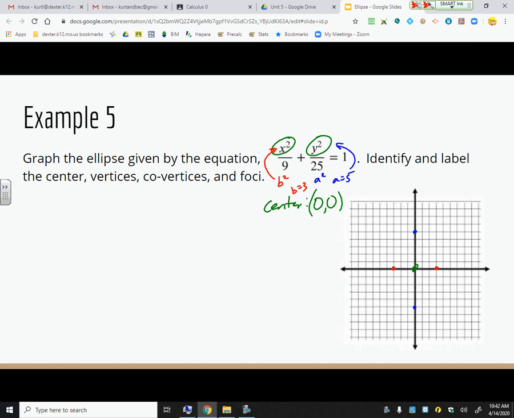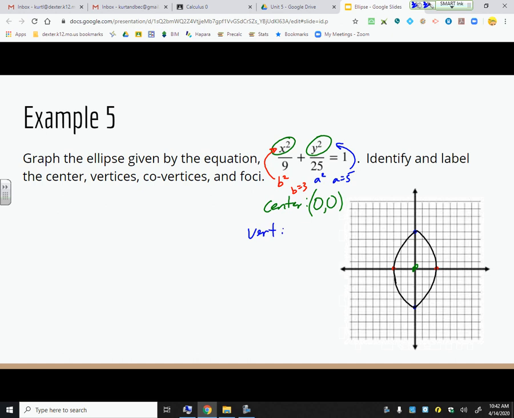We almost have everything. I just want to connect these outer dots, do my best not to make a diamond. Good luck. Oh man, that's one of the better ones I've done, so I appreciate that. And I just need to list and label everything. Okay, my vertices